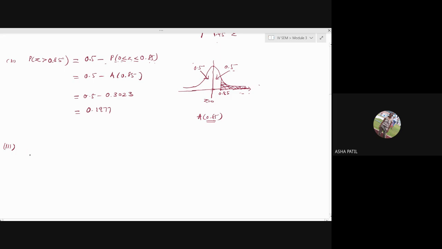Next one, let us go for, Madam? Yes. And instead of doing this 0.5 minus, can we find it directly in the calculator? You can do it in the calculator. You can go for it, but you should know the procedure exactly, how it goes, and you can write it. Whenever you use a calculator in the exam, I feel it is better you write in front that you have used the calculator.